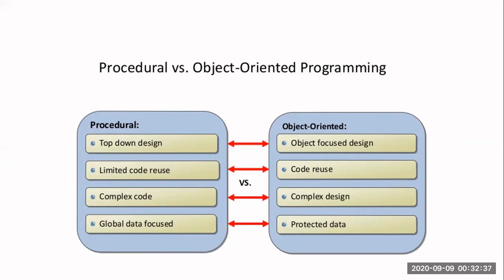And in an object-oriented language, focus is given to the object rather than the top-down approach. It's not going to come line by line. Here the focus is on the object which has been created. And in procedural languages, reusability is limited, but the reusability concept is there. If you can remember, we use the concept of a function.